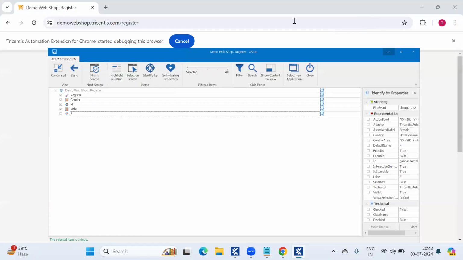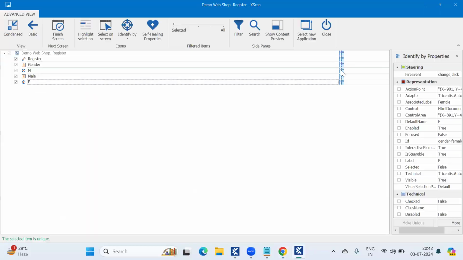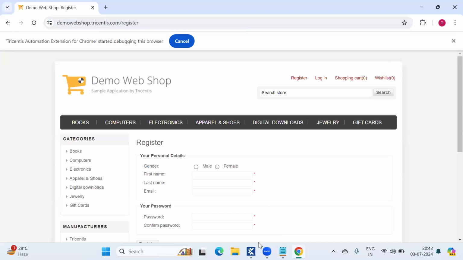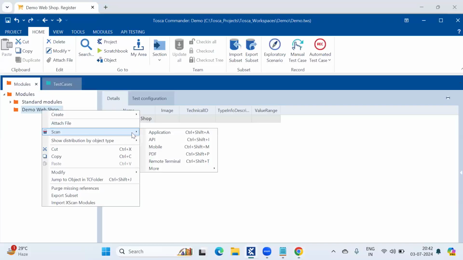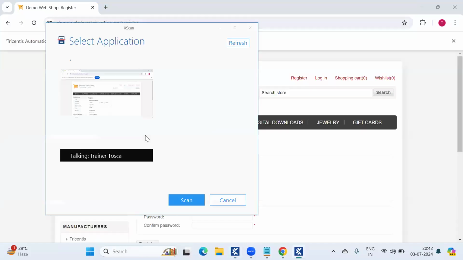See, now in my Chrome browser, you can see this one only. Let me close this one. Let me show you again. See, I am scanning this one. Scan application: all the applications available on my desktop will pop up on the XScan window.